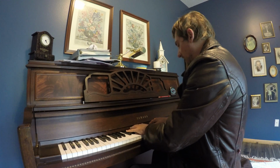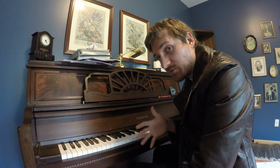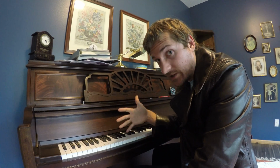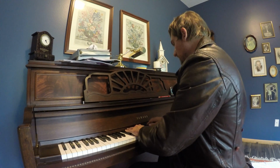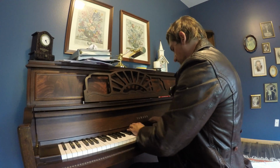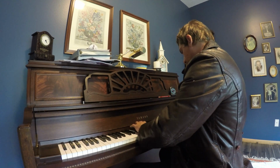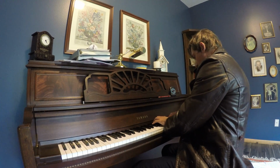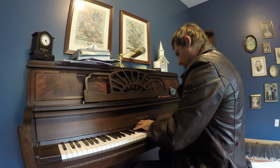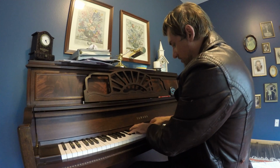And here we have, I'm going to run through an example of how I want you to work through every single scale, both major and minor, and as we move on to other scales, we'll be working with this process and a couple other ones each time. So pay attention closely here. We're going to run through the one scale. And now we're going to go up 2 octaves. And then we're going to transition into